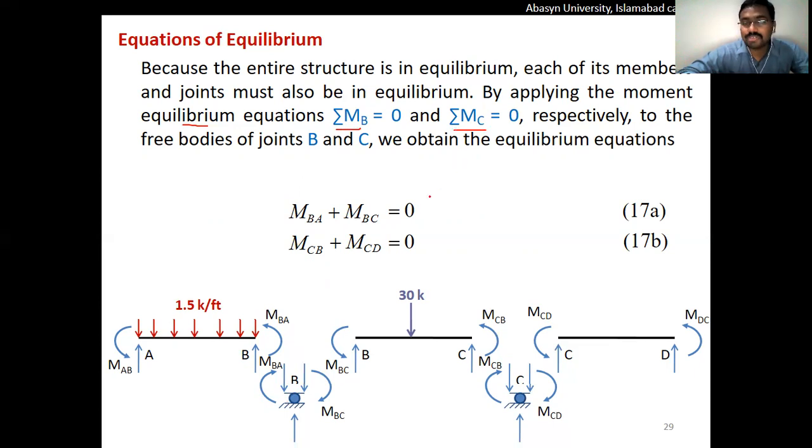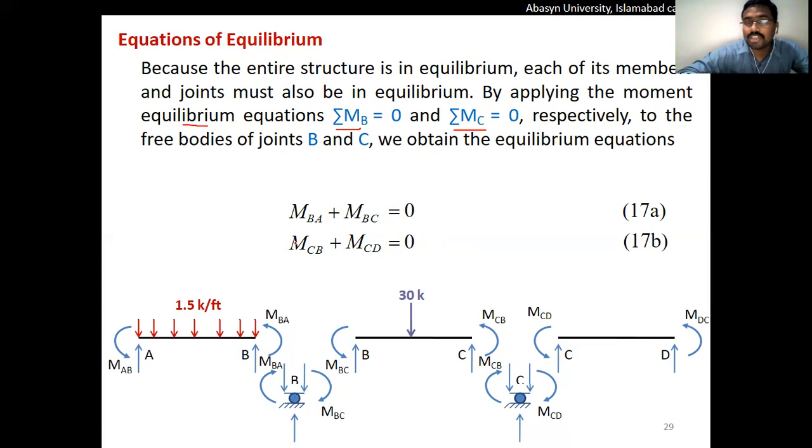Unknown displacements include two types: one is the rotation and the second is the deflection. As we have no deflections in this beam, we will only consider the rotation. And in this beam we have rotation at two points: the roller support at point B and the roller support at point C.